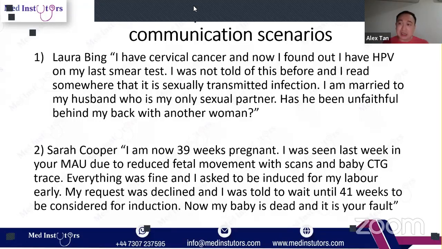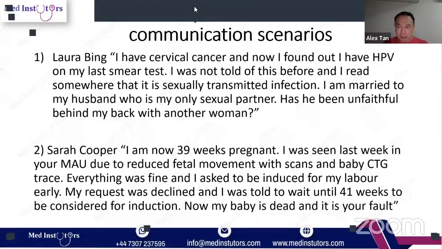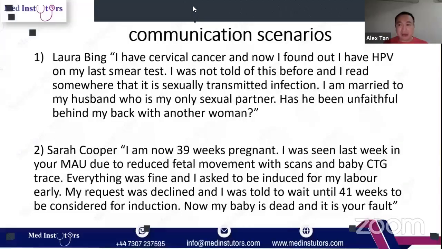So when you have sex, you will pick up HPV naturally. It's the way of life. And your husband will have carried different strains of HPV way before he met you. And it's unfortunate. It doesn't mean that it will become cancerous for those people and your husband when they have HPV. It is unfortunate that it became cancerous for you, but I'm glad that you're treated appropriately. But having HPV now doesn't mean your husband has been seeing another person behind your back. So that's how you diffuse the situation.